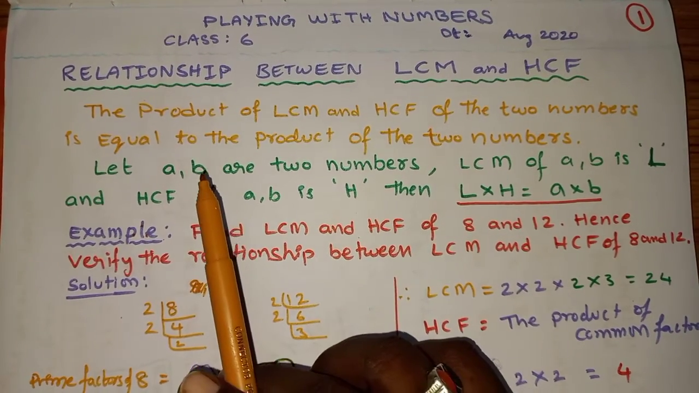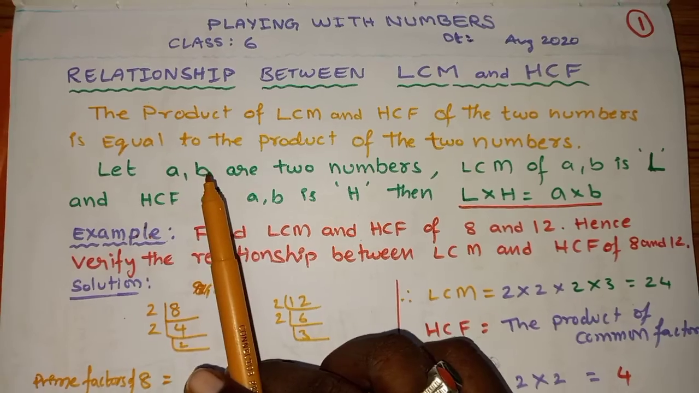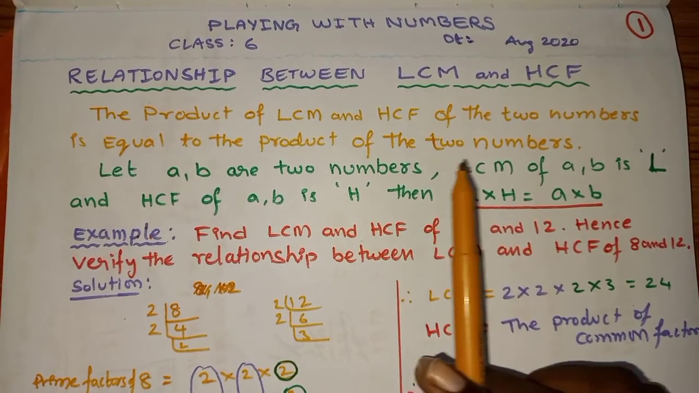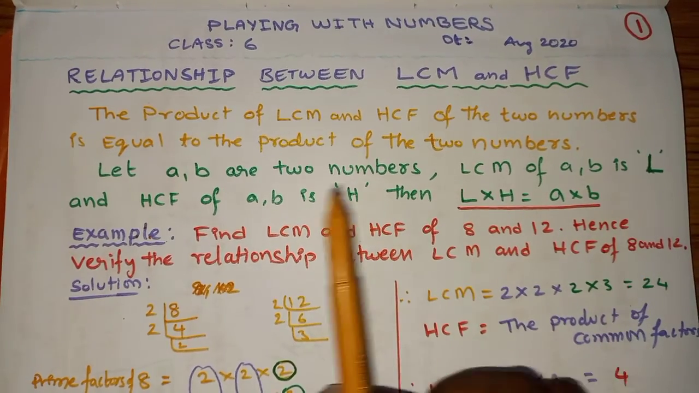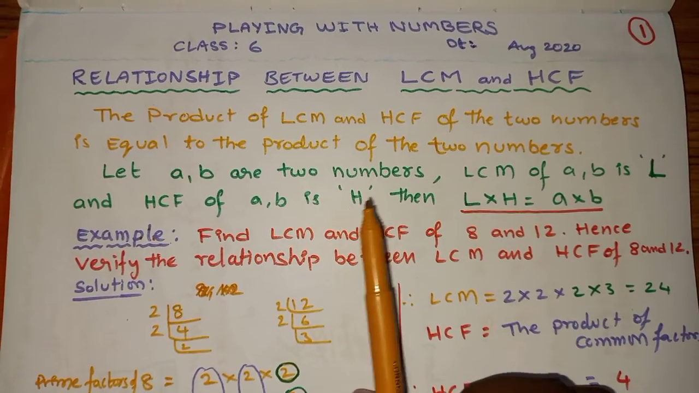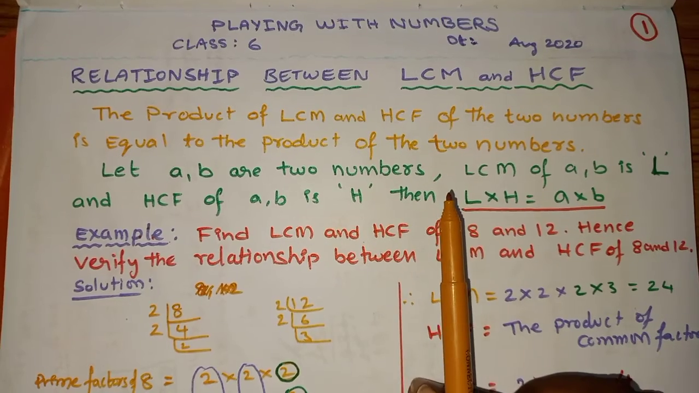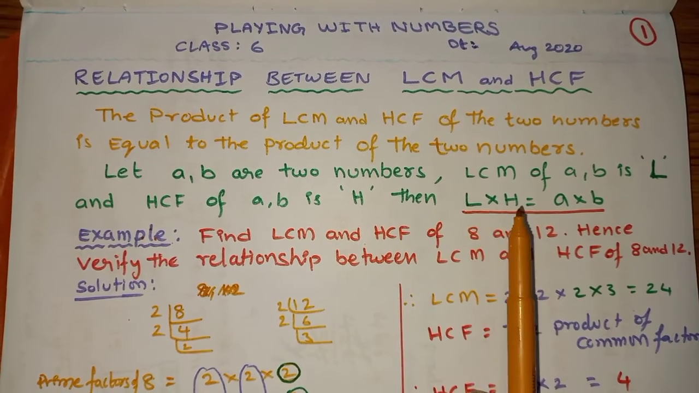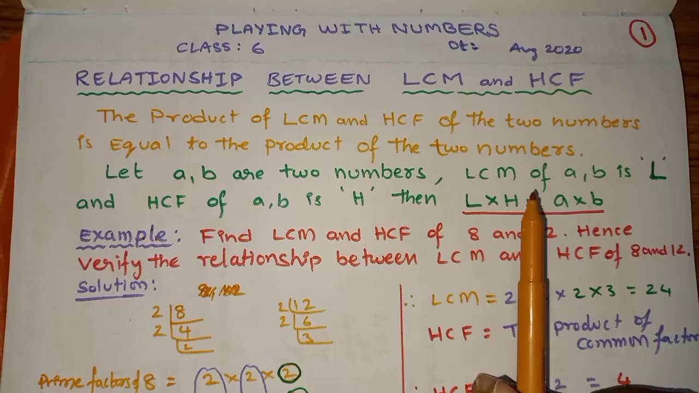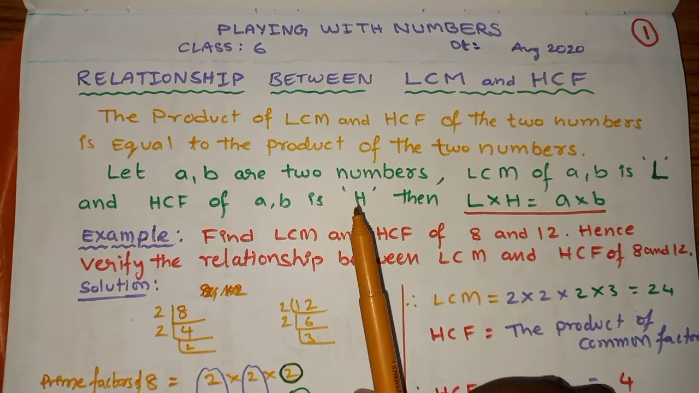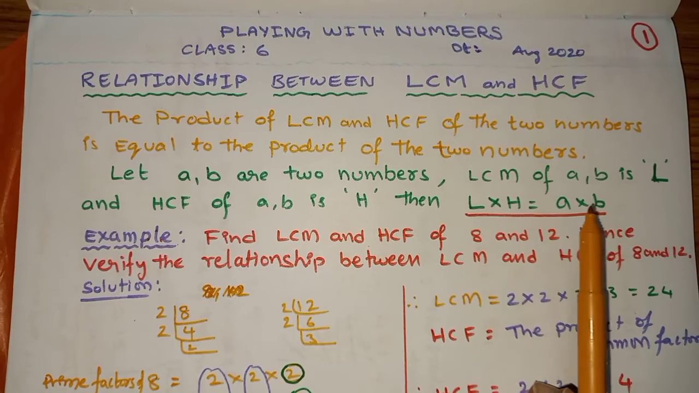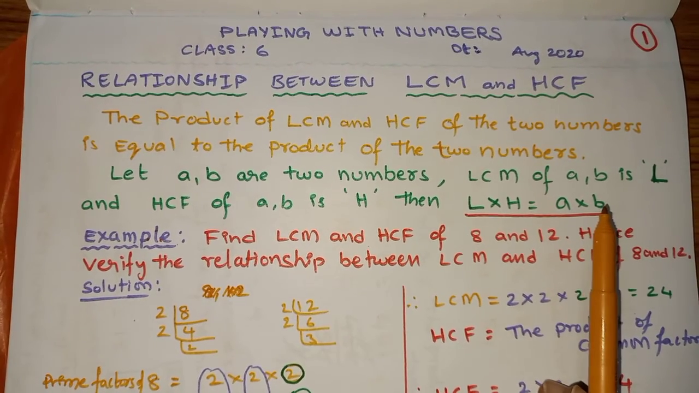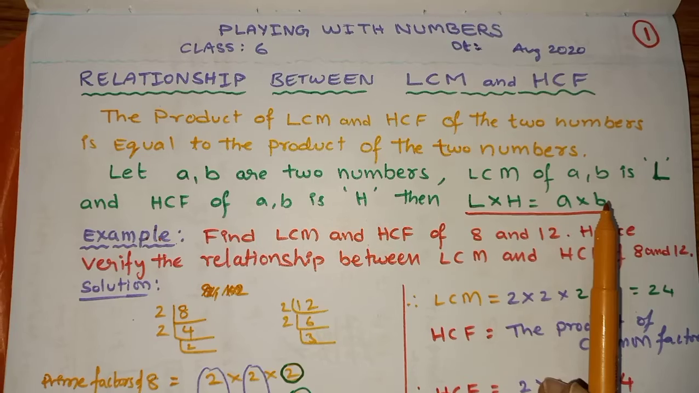Let us suppose A and B are two numbers. LCM of A and B is L and HCF of A and B is H. Then L into H, that means the product of LCM and HCF, is equal to the product of those two numbers A and B. The meaning of this one,